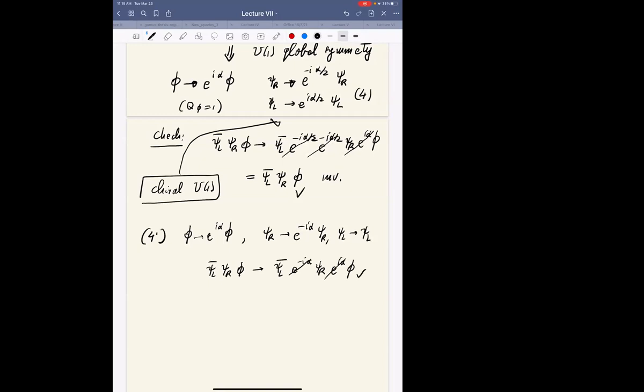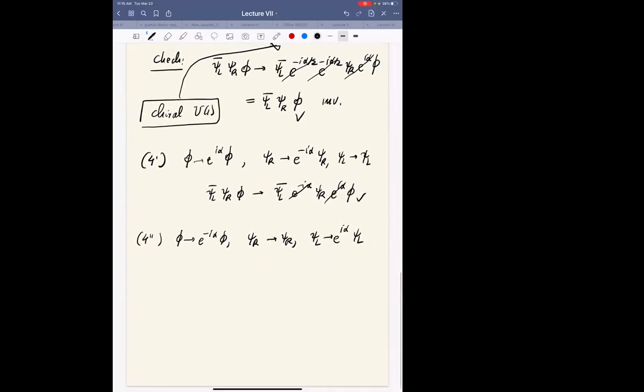I could have taken psi r invariant for 4 double prime. Phi goes into minus I alpha phi. Psi r goes into psi r. I can choose anything I want. Psi l would then go into e to the I alpha psi l and so on. So you may say, what is going on? How come so many possibilities? Well, the reason is there is also a